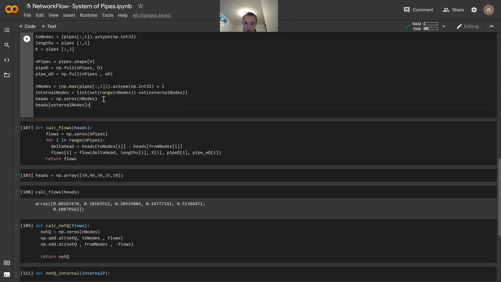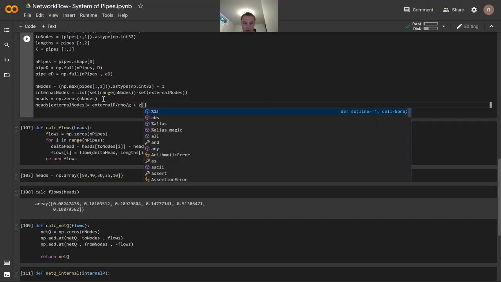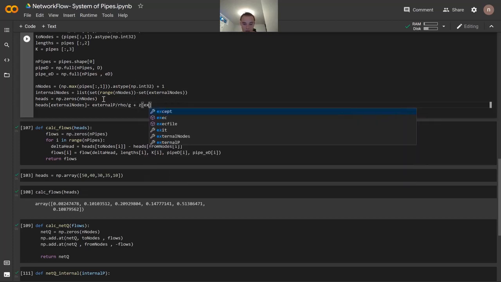To get this, basically our heads at external nodes will be our external pressure divided by rho, or density, divided by g, plus our elevations at the external nodes. So we're going to go ahead and code that out. Our heads of external nodes will be the external pressure divided by rho divided by g, acceleration due to gravity, plus our elevations at the external nodes. So our z, elevation at external nodes,